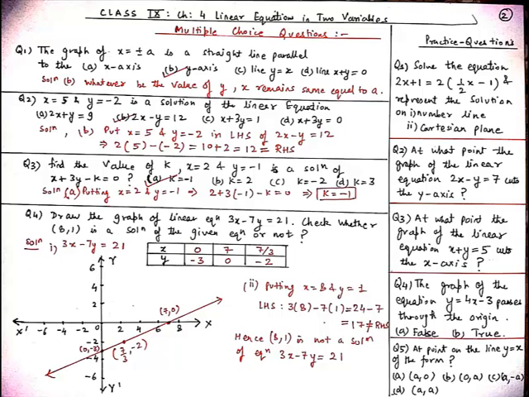And as per our question, we have to check whether (8, 1) is a solution of this given linear equation. So when we put x equal to 8 and y is equal to 1 in the left hand side of our given linear equation in two variables, we get 3 into 8, 24, and minus 7 into 1, minus 7. So 24 minus 7 is 17, and you can see that it is not equal to the right hand side. So (8, 1) is not a solution of the given linear equation in two variables.